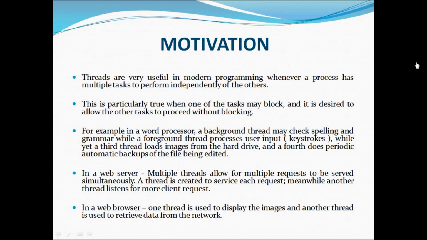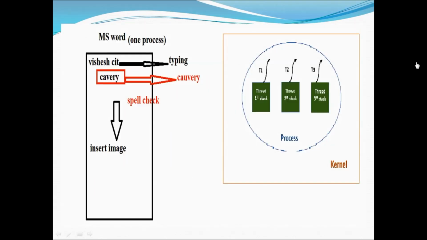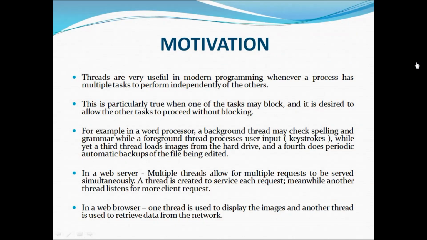What is the motivation behind the multi-threading model? Only one thread is enough to do a task, but why do we need multiple threads? What is the use of it? Threads are very useful in modern programming whenever a process has multiple tasks to perform independently of the others. Obviously, when you want to do multiple tasks independently, you need threads, as here I am doing multiple tasks. That's why I need threads. And one more important thing,